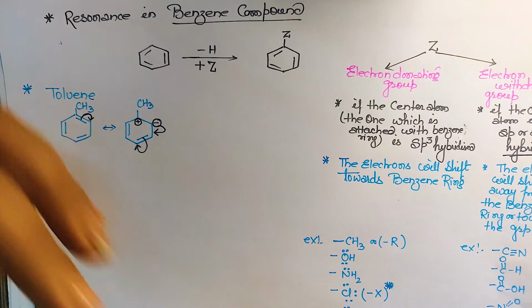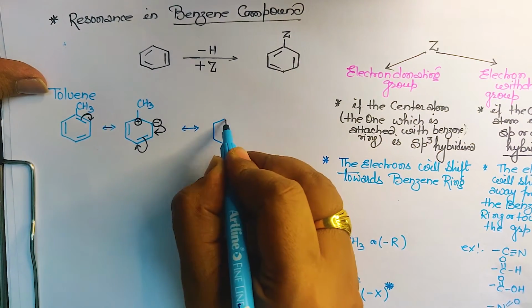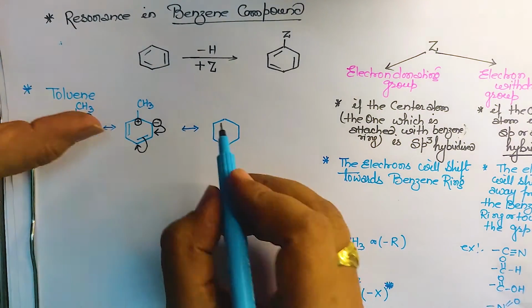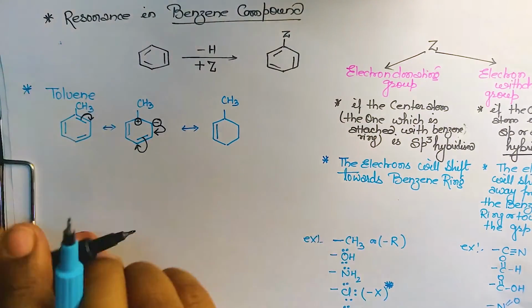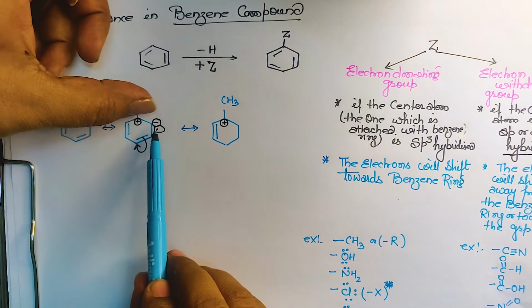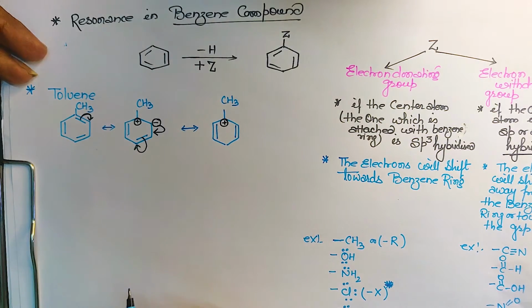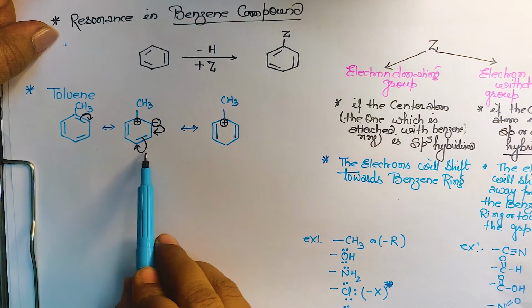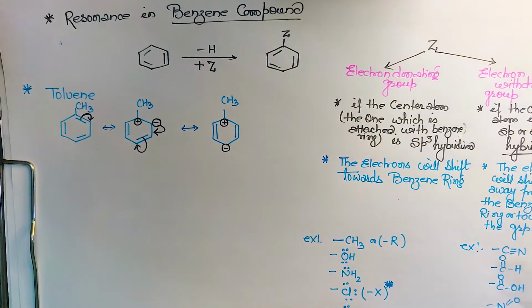Yes or no? So now put the result. What will be the result again? जिसे टच नहीं किया पहले उसे बना दो, बिल्कुल. So I have not touched this positive charge, we did nothing to it, so let it be like this. Yes. Now this negative has shifted to this bond to make the double bond over here, so let it be a double bond. And this bond has shifted to this carbon, so that means it will raise the negative charge over this. Any problem? Yes, tell me, any problem? Very good. चलिए आगे बढ़ते हैं.